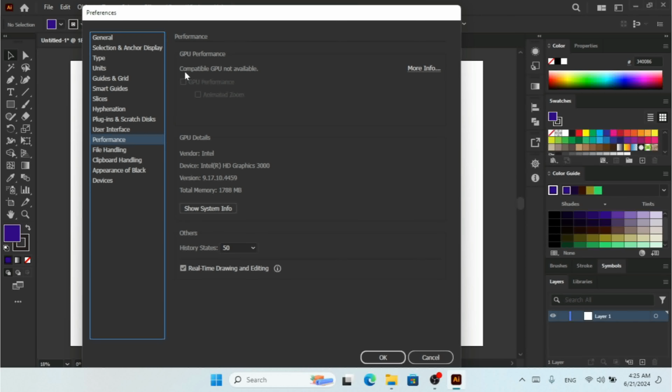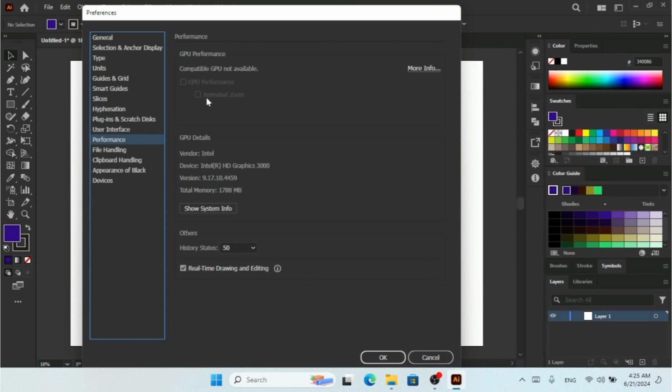As you can see, it says compatible GPU not available, because my graphics card is not NVIDIA, so that's why I can see the option is not compatible. If your PC is running with an NVIDIA graphics card, you can definitely see this option, which is GPU performance